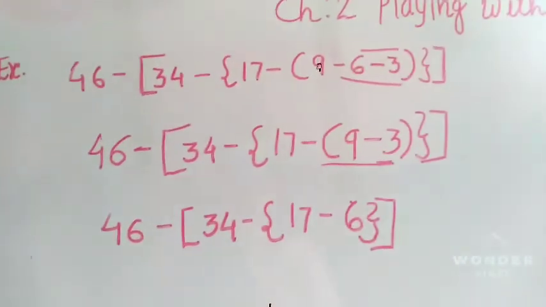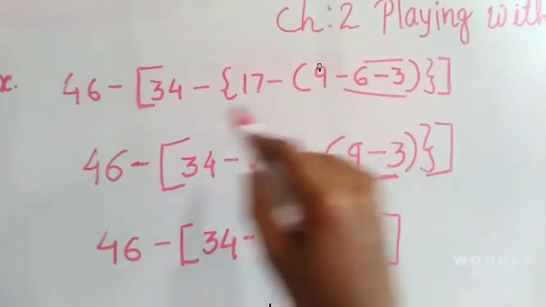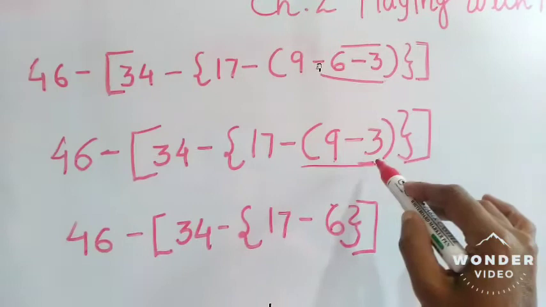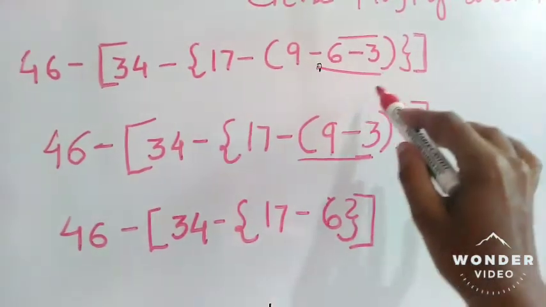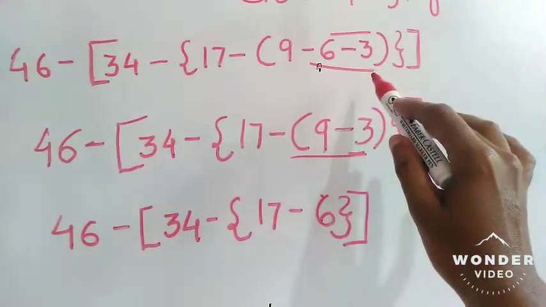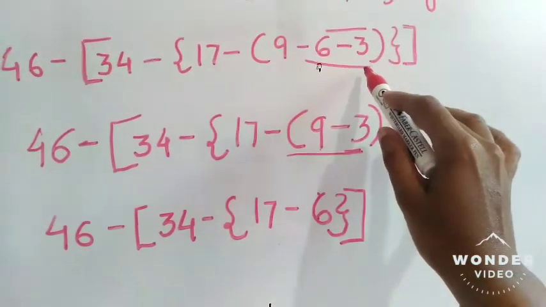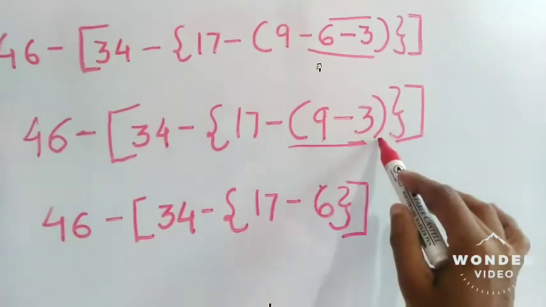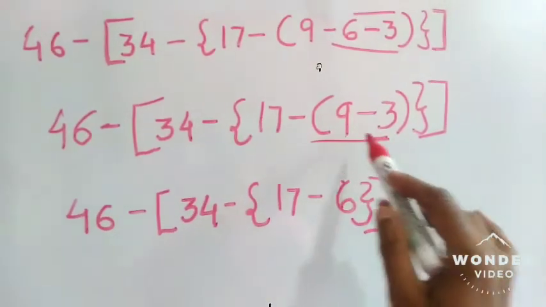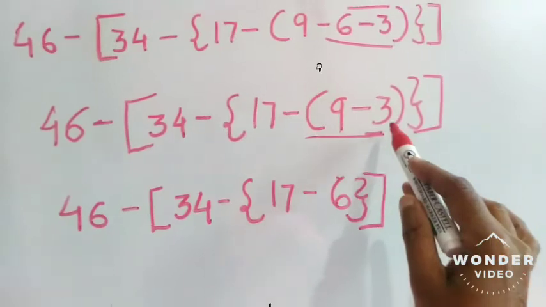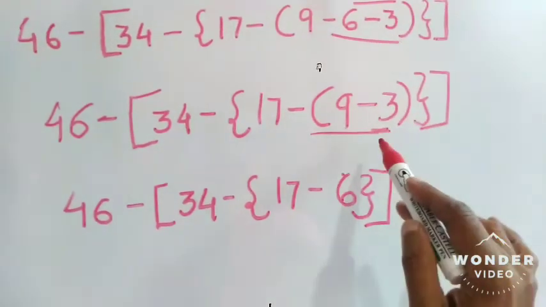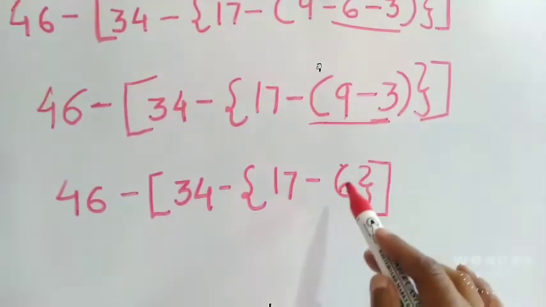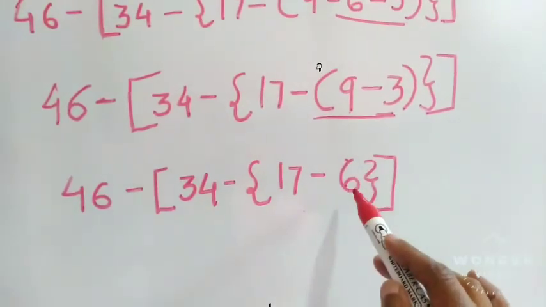Till this, is it clear to everyone? First we solved the bar bracket, we replaced 6 minus 3 with 3. And all these 3 numbers were in the small bracket. So first we solved only this much part, and after solving, the number which came I have written in the small bracket only. And in the second step, we solved the small bracket, because first comes the bar bracket, then we go for the small bracket. 9 minus 3, you know, is 6.